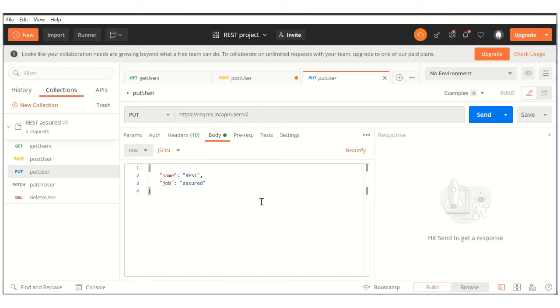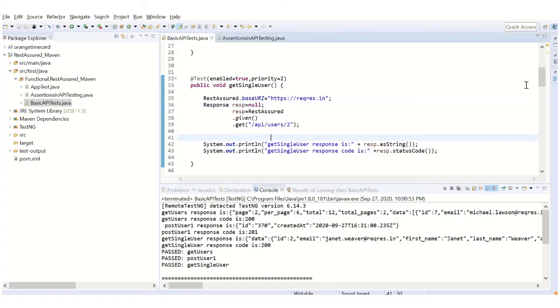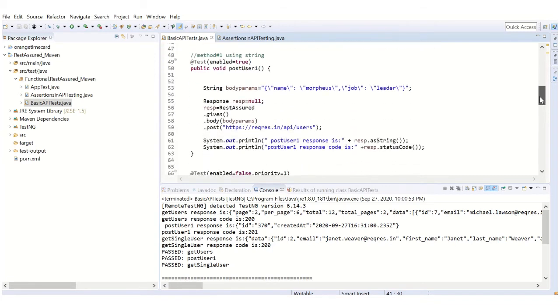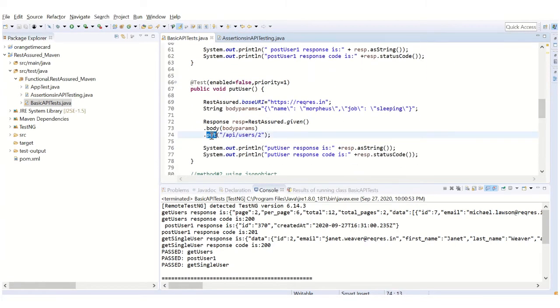So now you can guess how this is going to look like in our Rest Assured, and exactly it is like you guessed, it is going to be same as the post user. The only difference is you have used the method put, that's it. So exactly same as what it was, and the method is changed. I have used this base URI over here, and this is the particular URI which I am calling in for put user. Now let me run this one.